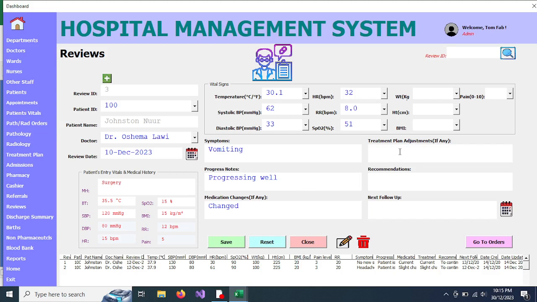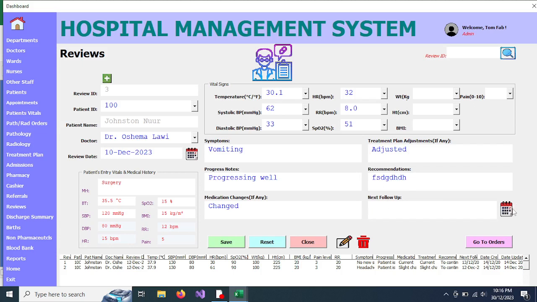Okay, treatment plans, you may say adjusted a little bit depending on how the patient is responding to those treatment plans. Okay,